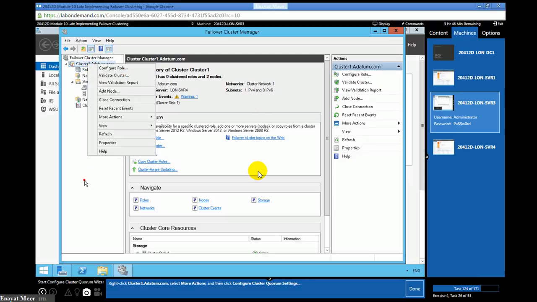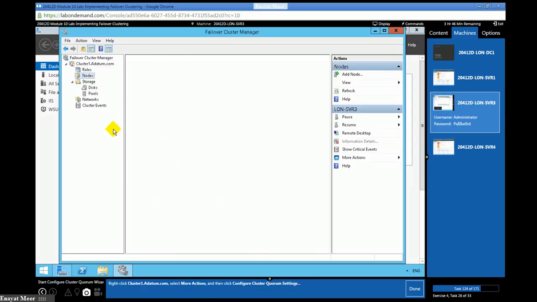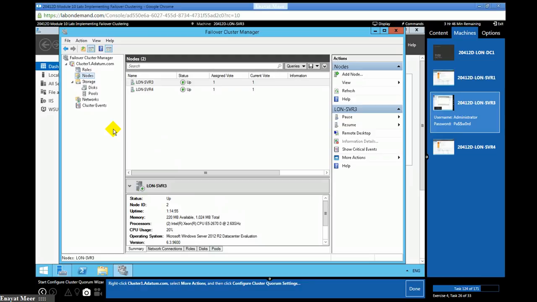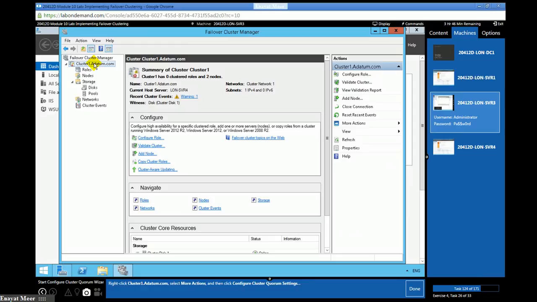We're going to take a pause for 1 second here again. Alright, so I just took a small pause and I'm back now. So I'm going to continue right from here. Okay, so you're going to go into my cluster 1, and from More Actions I'm going to configure my cluster quorum settings. Let's watch and see right from this point.